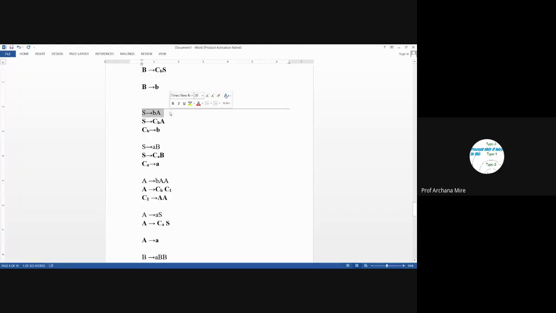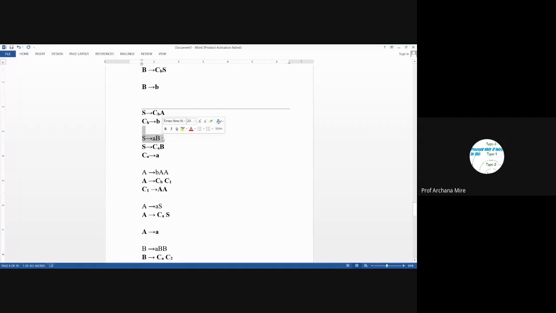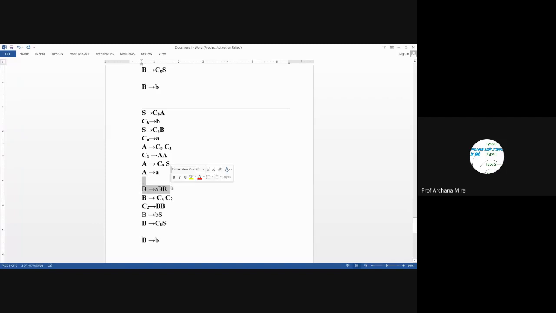So this is not required, this is not required, this is not required, this production rule is also not required, this production rule is also not required, this is not required. So that's all. This is our final grammar which is in the CNF form.